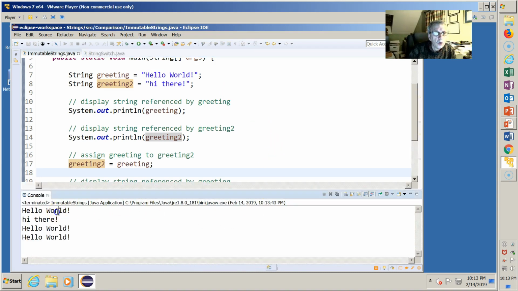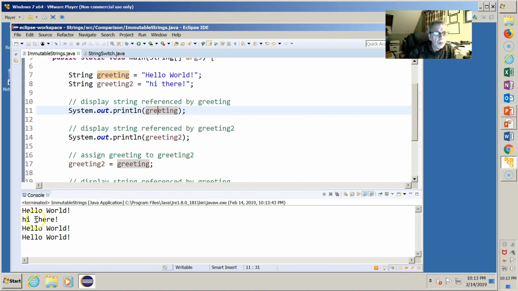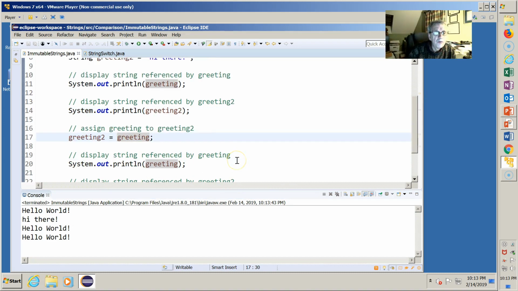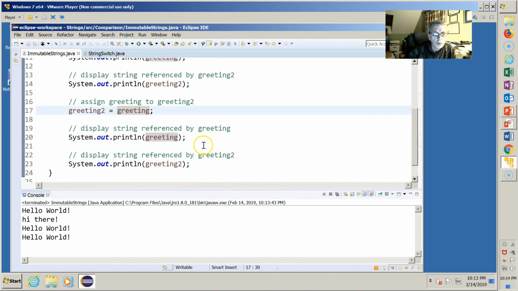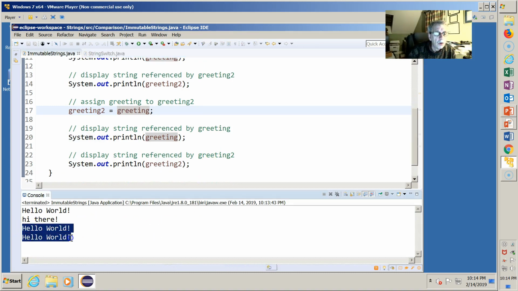So we get hello world, the output of the first call to print line. We get hi there, the output of the second call to print line. We do the assignment, and after that, we show what greeting is pointing to and what greeting2 is pointing to, and lo and behold, they're pointing to the same exact thing. We've lost access to hi there, garbage. But by now, after some period of time, due to our automatic garbage collection, that memory has been reclaimed and